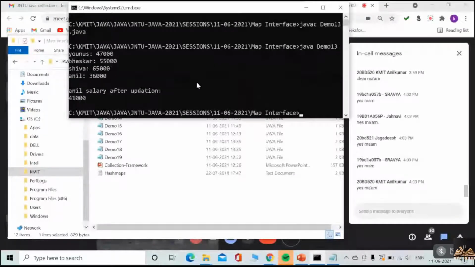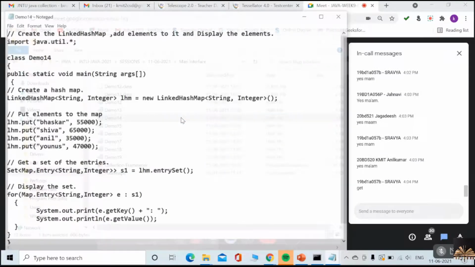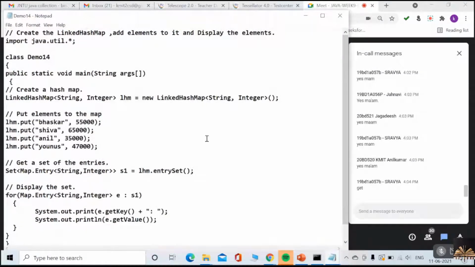What happened? The salary of Anil is updated with 5,000 more, that is 41,000. So what method did you use along with the put method right now? Get. Exactly. Very good.